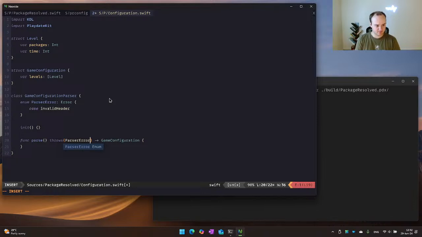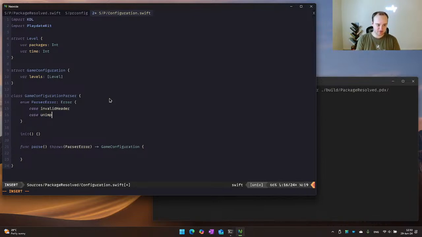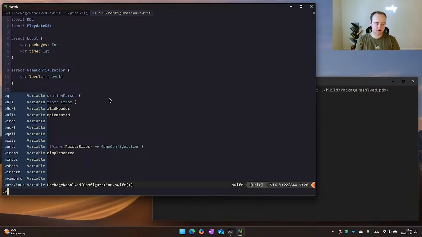Okay, there we go. I'm going to also put in a case unimplemented here. So we can just say throw unimplemented. Never mind. Okay, so now the LSP is kicking in.